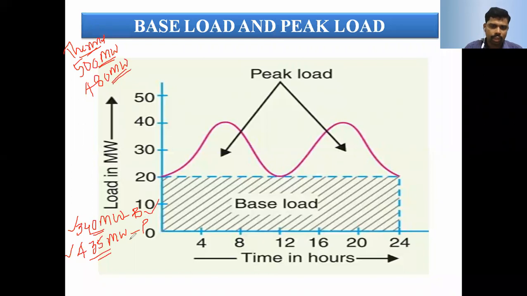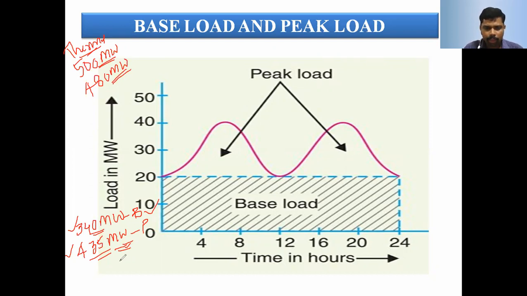That is the unvarying load. The peak load varies based upon the season, and from time to time and day to day, in between 340 and 435 megawatt. It is not always maintained at 435 megawatt. Some of the time it is 355 megawatt, or 360, 370, 410, 415 megawatts. This represents the peak load. Peak load means that within a short interval of time the load increases. That is unexpected load. Suddenly it varies, and again it comes back from the elevated position. That is only within a short interval of time, either half an hour or 1 hour, maximum 2 or 2.5 hours.